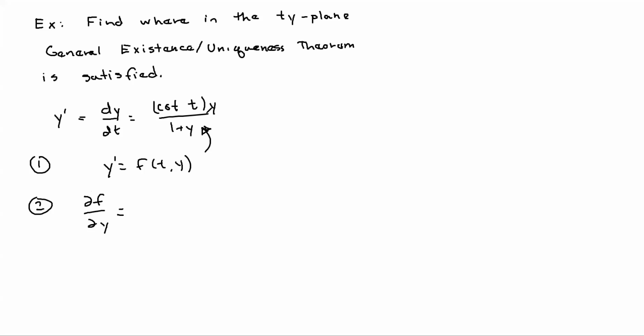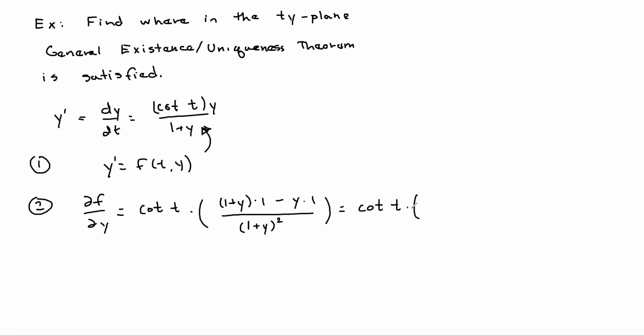So if we differentiate this with respect to y, you treat t as a constant, so just move the cotangent of t off to the side, and then we need to differentiate what's left here, this y over 1 plus y. That's a quotient, so we can use the quotient rule. We get the bottom times the derivative of the top minus the top times the derivative of the bottom, divided by the bottom squared. So we end up with cotangent of t times, we've got 1 plus y minus y, so that's going to leave us with 1 over 1 plus y